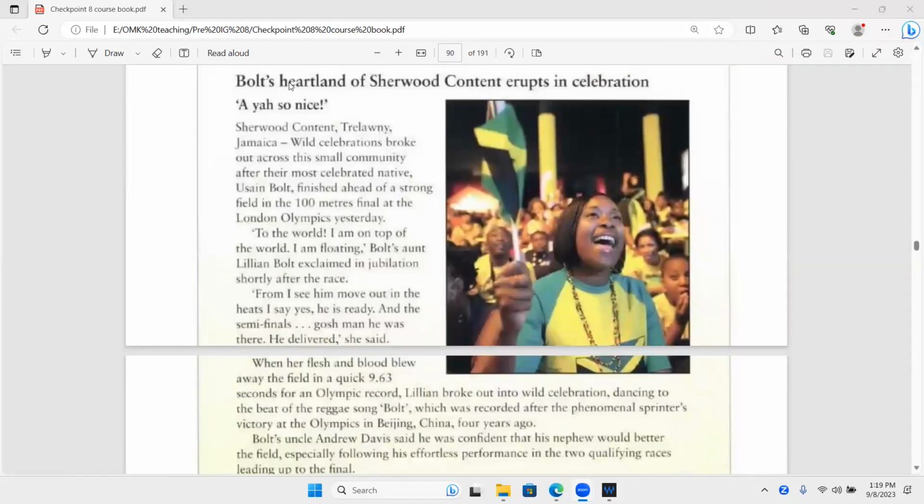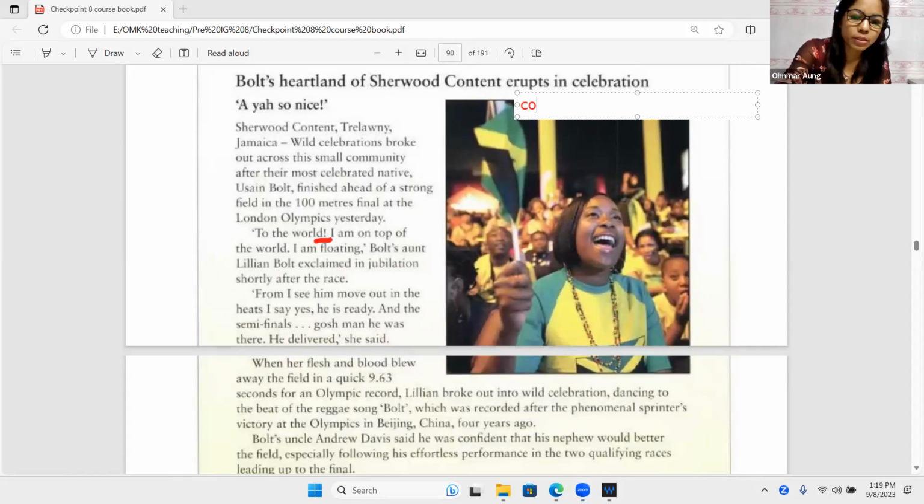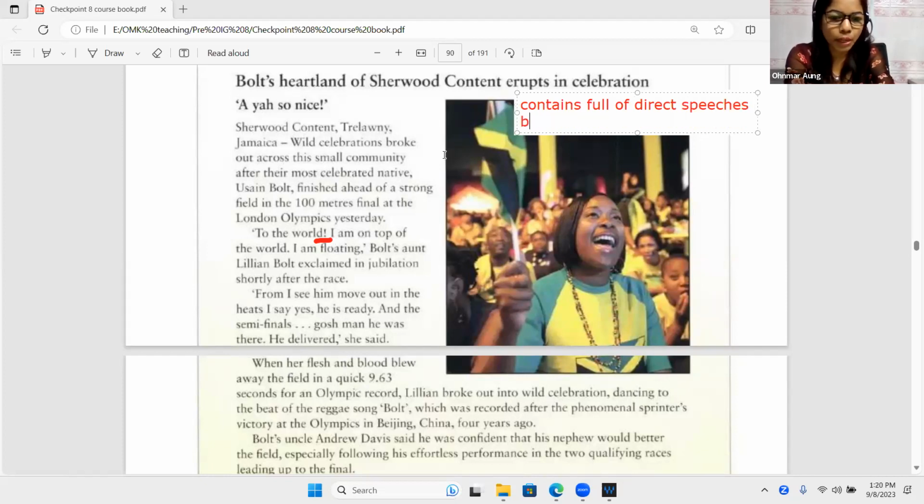It contains different kinds of views. Not only one person's view, but a lot of different people's views. Yeah, a lot of people's views. The text contains full of direct speeches by different